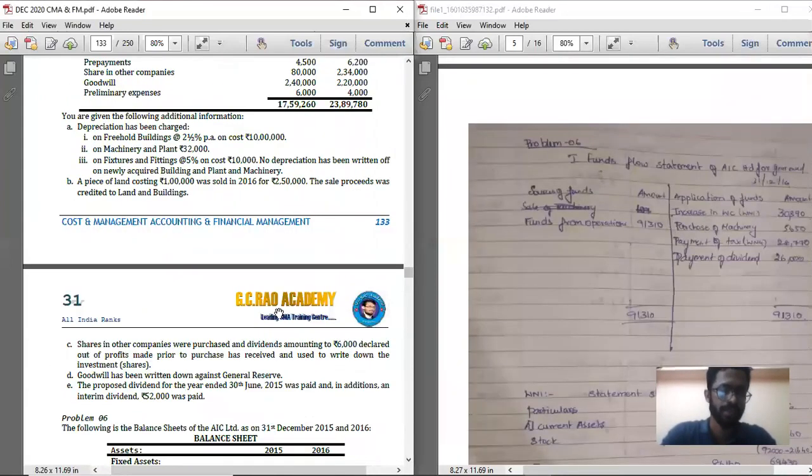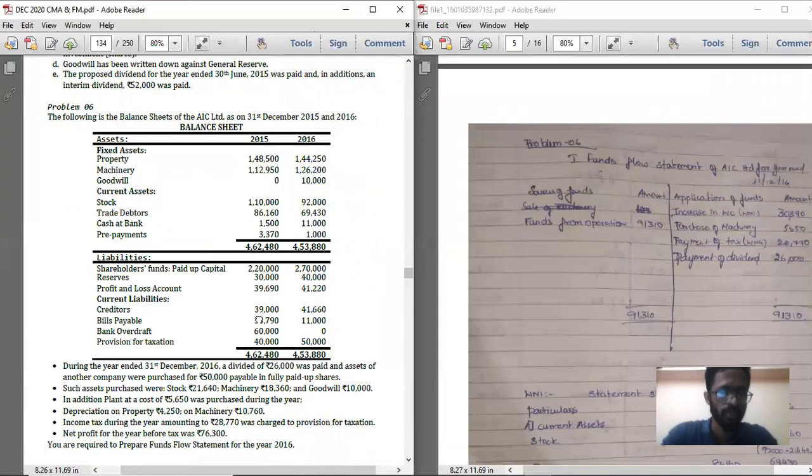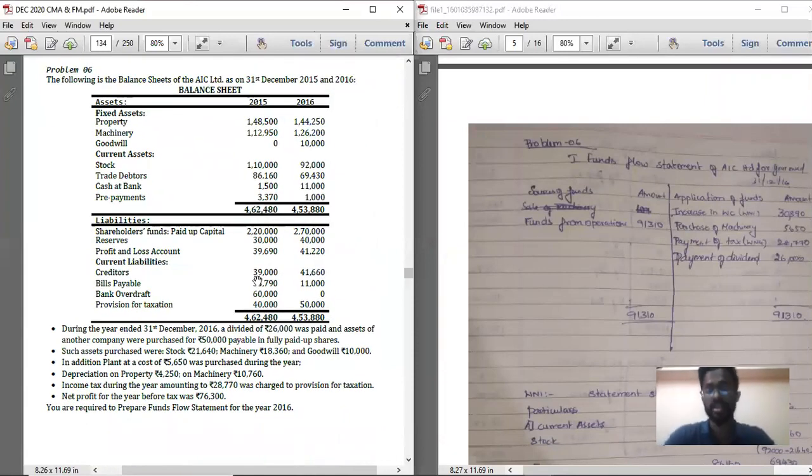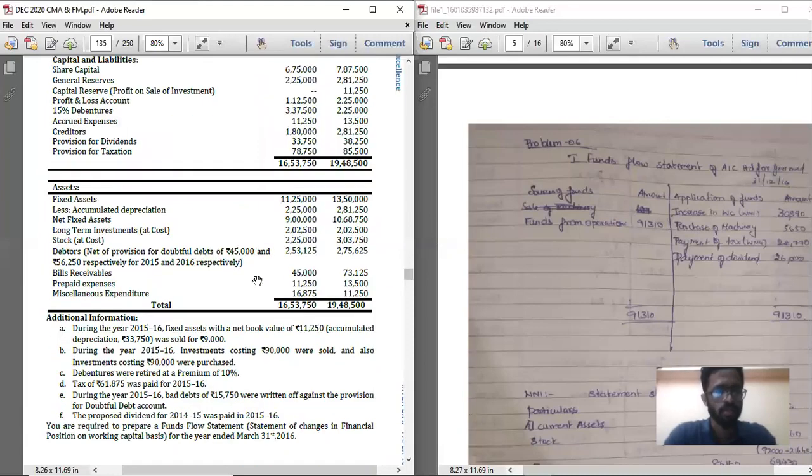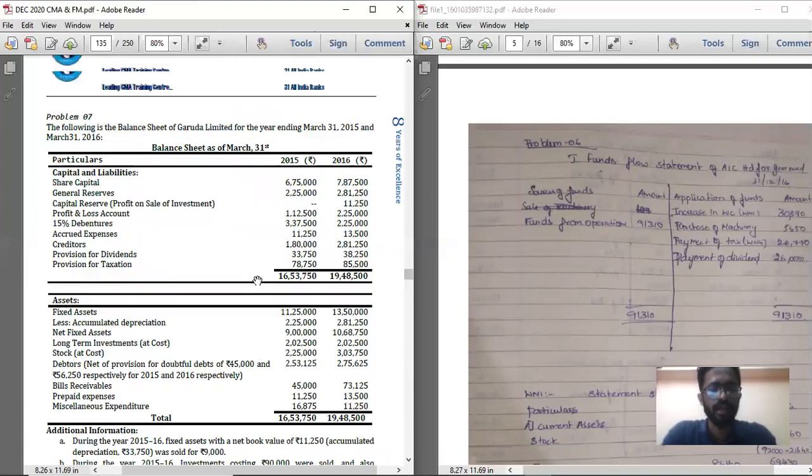See, take problem number 6. Problem number 6 and problem number 5, there is no difference. Actually, you see the first problem and second problem and third problem are similar. Fourth problem is one category, and fifth and sixth problem are one category. Fifth, sixth and seventh is also from the same category. So all these three are like